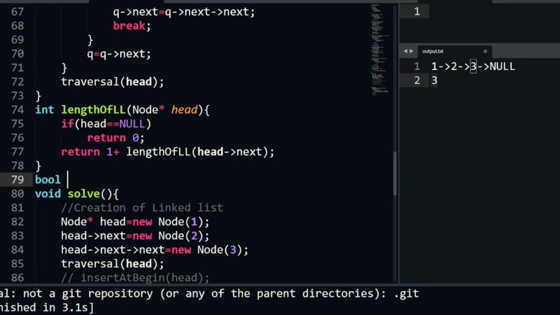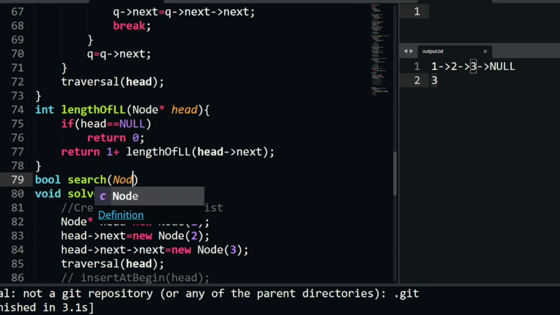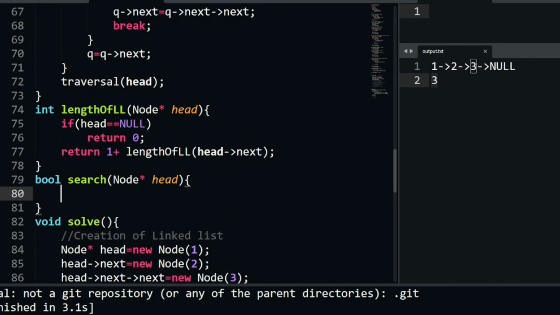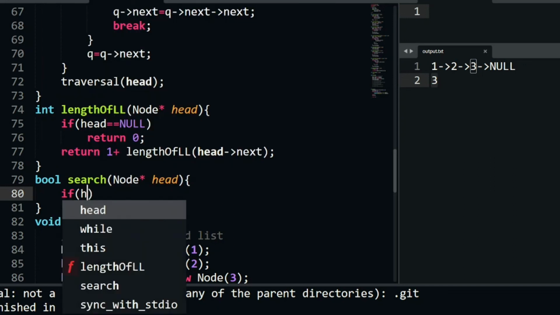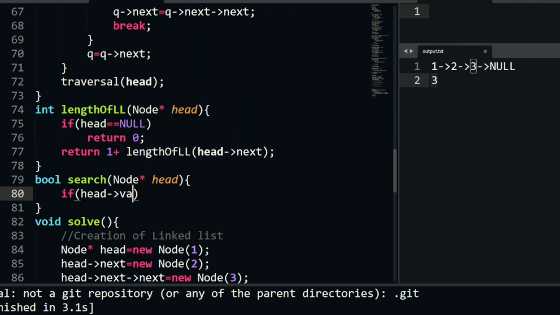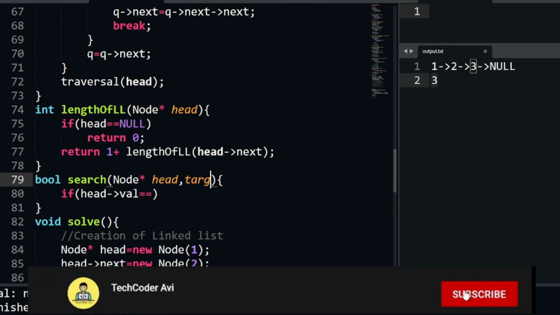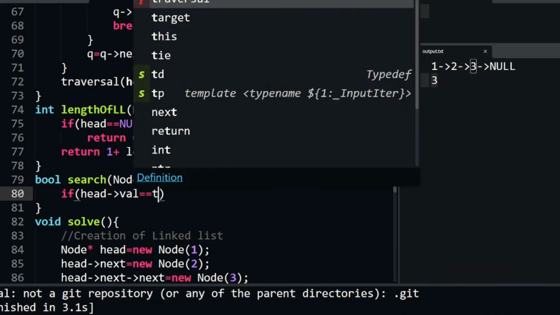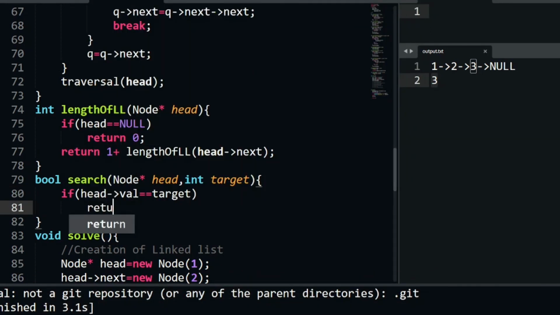Now let's call this function search, where we are passing head as a parameter. After passing head as a parameter, we need to traverse through this whole linked list. Now we can write this in a recursive way, where our base condition will be if head of val equals the target, let's pass the target, that is the element we want to search, right? If we found our target, we need to return true,